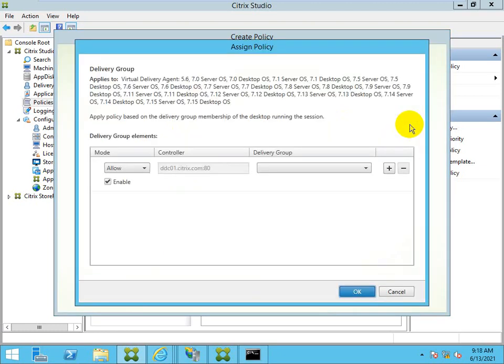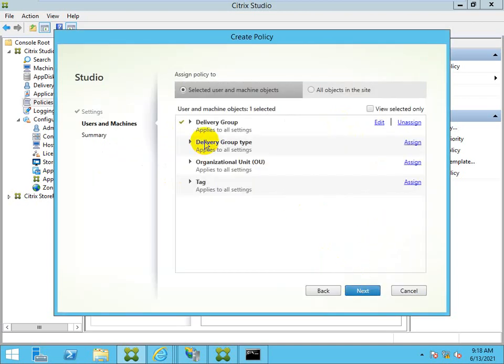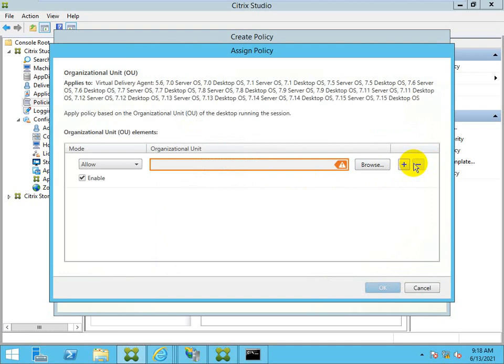Yes, if I have a delivery group, I can add this. Search, it will show me the delivery group, XYZ. Okay. Delivery group type OU. I can also apply this on OU. Browse.